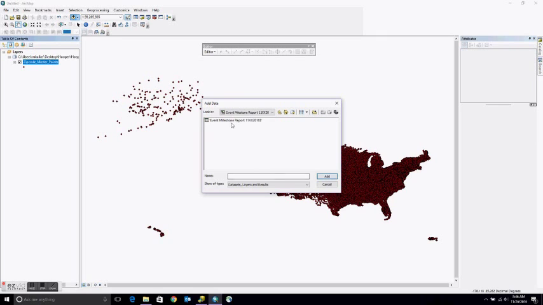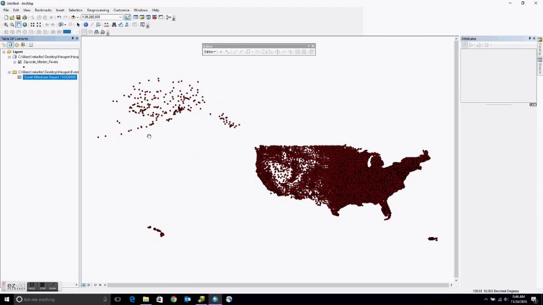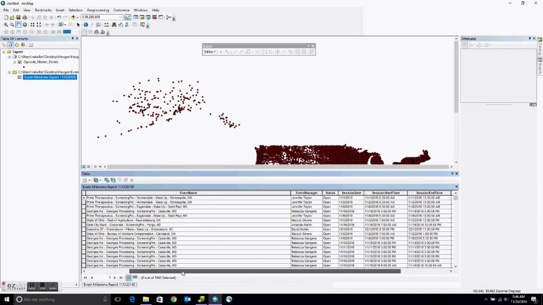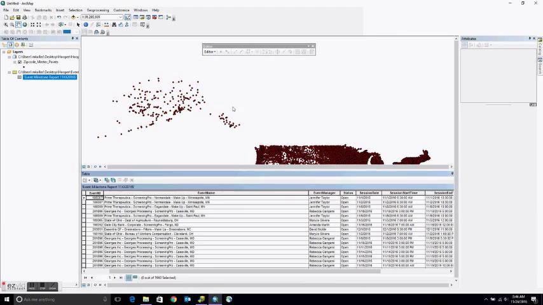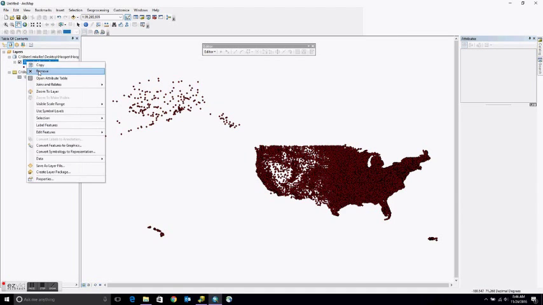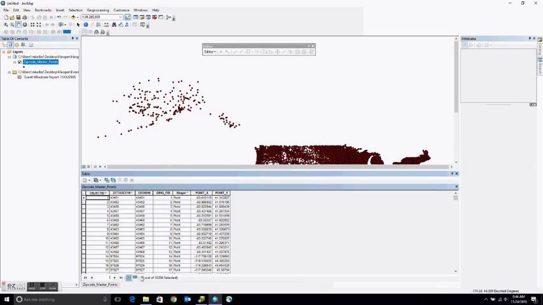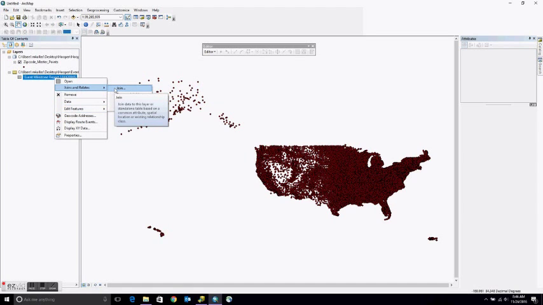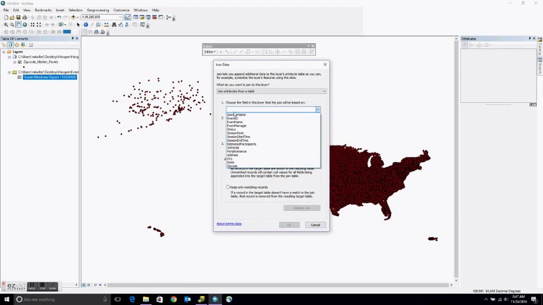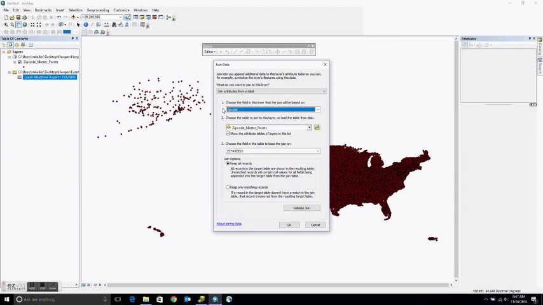Because we want to join the spreadsheet zip codes with the master zip codes and see if we have 100% matches. In this case, I've got 1,960 records. This is the spreadsheet with the zip code, and then here's the zip code master. It just has the zip codes in it. What we want to do is go to the spreadsheet and join the spreadsheet to the master. So zip code from spreadsheet to the master,